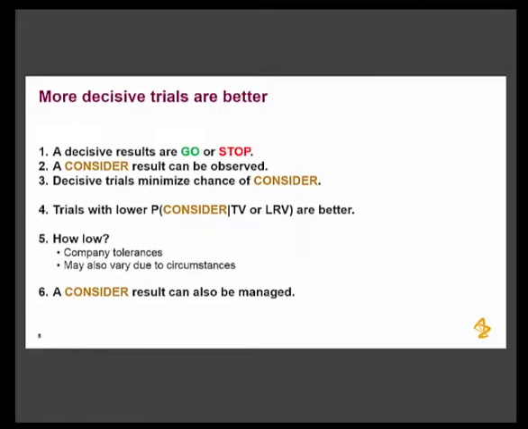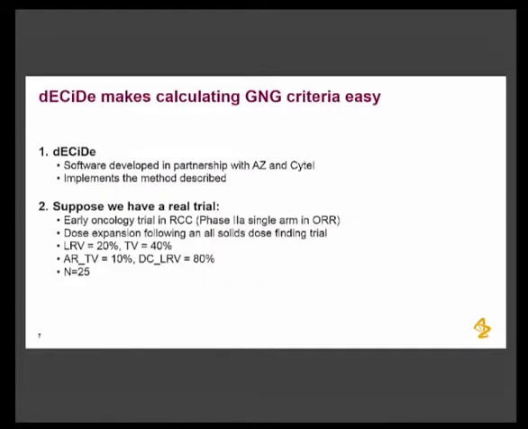Also, there are plenty of projects out there that have looked at a consider result and said, okay, instead of actually getting more information, maybe I want to act in a more conservative way than I would if I observed green. This is also certainly okay, and it depends on the appetite of the organization to take on such plans. So I'm going to move on to demonstrating some of this, not necessarily in a formal demo, but just with some screenshots